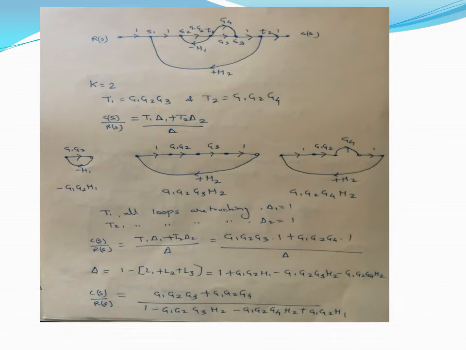I have solved problems on signal flow graphs in the previous lecture. In this current lecture I am solving how to convert a block diagram into a signal flow graph, and then use Mason's gain formula. In the next lecture I will solve another problem, in which we will see how to convert an electrical network into a signal flow graph and then use Mason's gain formula. So that is one more type. I'll solve different types of problems, and I'll give 4 problems as an assignment for your practice, and you can refer to textbooks for different types of problems.